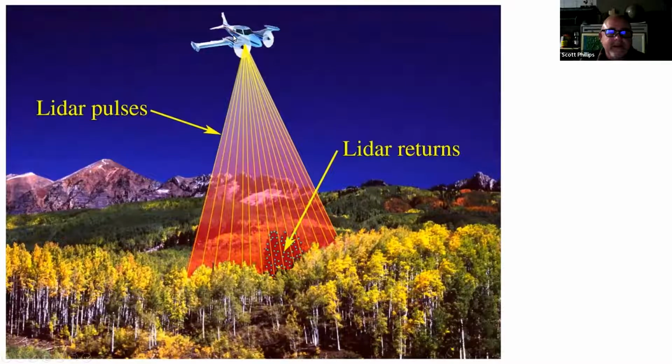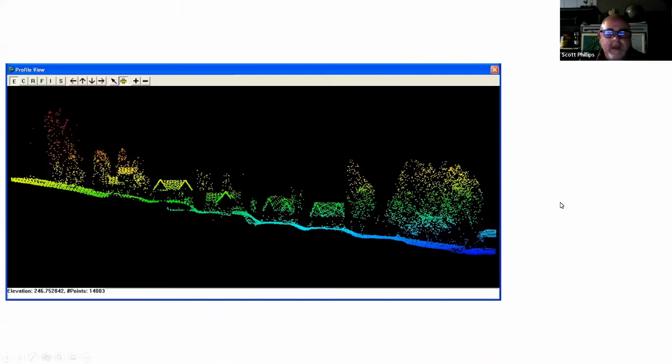So as the aircraft or whatever is using the LiDAR sends out a pulse, it's going to get returns of information coming back. And so here's a profile view of a point cloud. Here you get some pulses coming back through trees, some hit buildings like the roofs of houses,